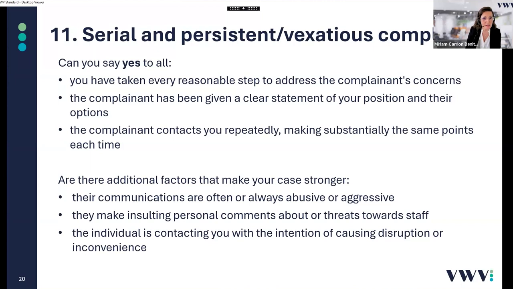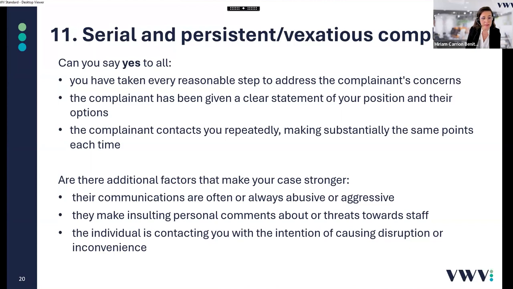So the three questions are: you have taken every reasonable step to address the complainant's concerns. The complainant has been given a clear statement of your position and there are options. And despite this, the complainant contacts you repeatedly, making substantially the same points each time. Now, there are some additional factors that would make your case stronger in labeling a complaint as serial or persistent,